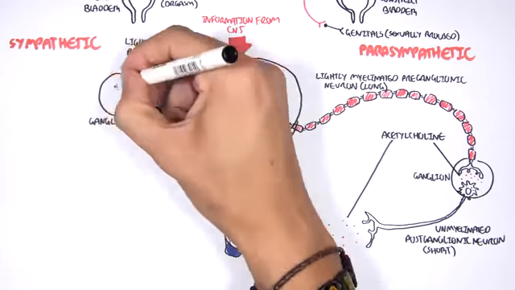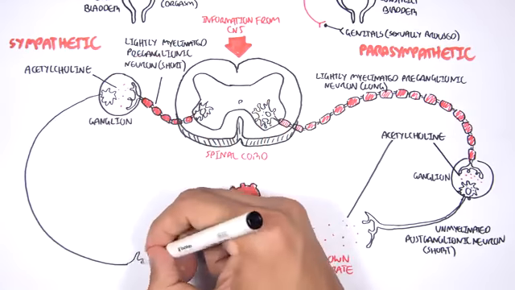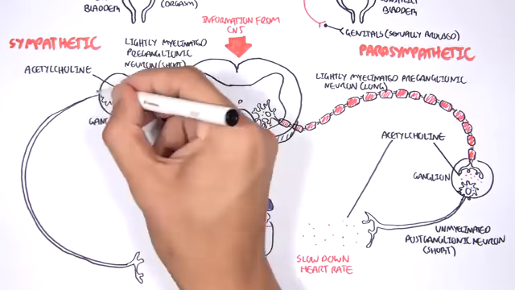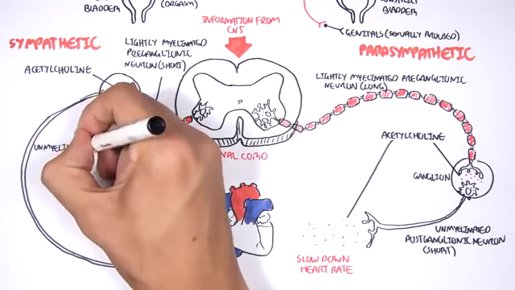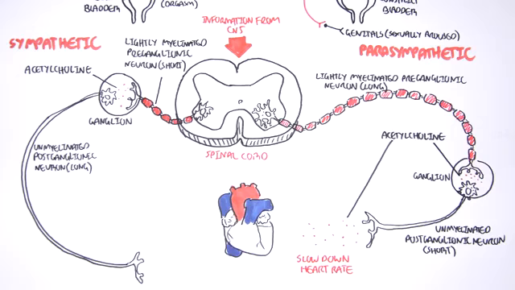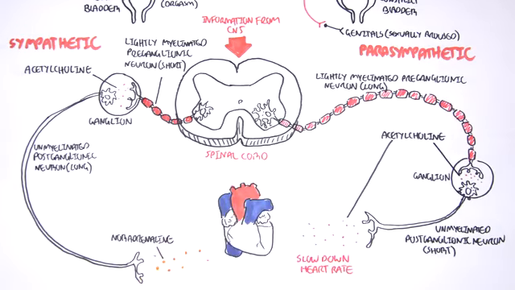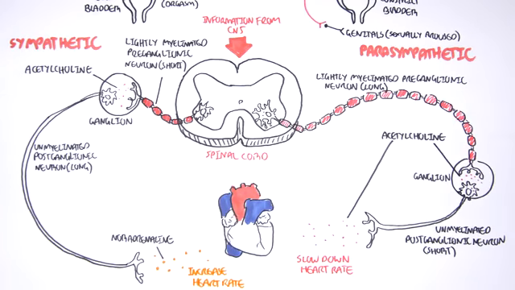So you can see some similarities between the sympathetic and parasympathetic: there's acetylcholine. And now this new postganglionic sympathetic neuron is unmyelinated and long. This postganglionic neuron will release the neurotransmitter noradrenaline to target the heart and to increase the heart